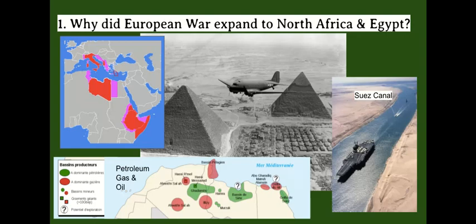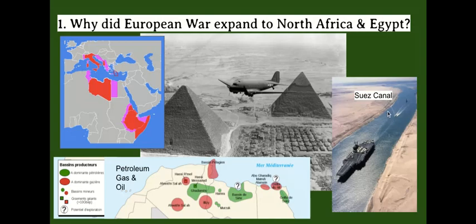Hitler and the Germans backed up their allies, the Italians, in North Africa. And one of the reasons was that there were resources there that were pretty useful for war. Petroleum, gas, oil reserves in North Africa would be strategically important, especially when you consider that part of the reason Germany lost World War I was that they ran out of fuel. So a seemingly unlimited supply of fuel, oil, petroleum, gas, things like this would be crucial for the war effort.